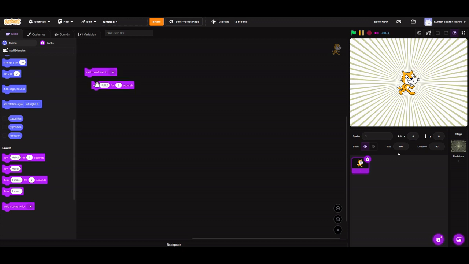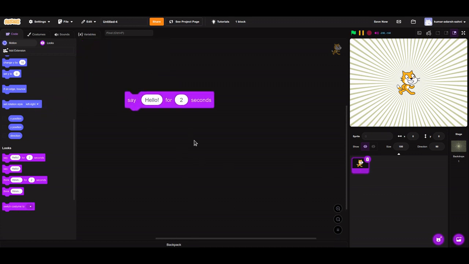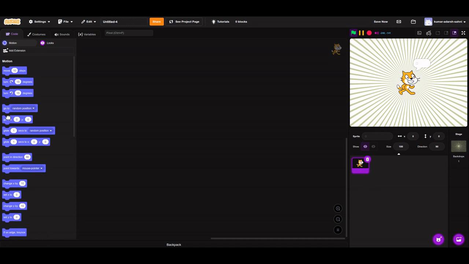If you see this, say hello for 2 seconds. I just run it. Say hello for 2 seconds. Paste that block here and here too. Now run it. It doesn't do anything. If I also make it longer, it speaks the block, but in the variable you can see it doesn't do anything. If I go to this and this and this,